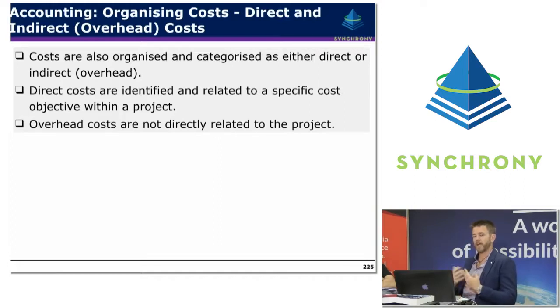So if it's related to a specific control account for discrete work or for level of effort work, then it's generally regarded as a direct cost. Whereas overhead costs are costs that are not directly related to the project, but they are attributed to the project in some way. Some of these costs might be the organisational costs, office space rental, HR, IT systems, and some of these sorts of costs that tend to just get smeared by the organisation across the projects